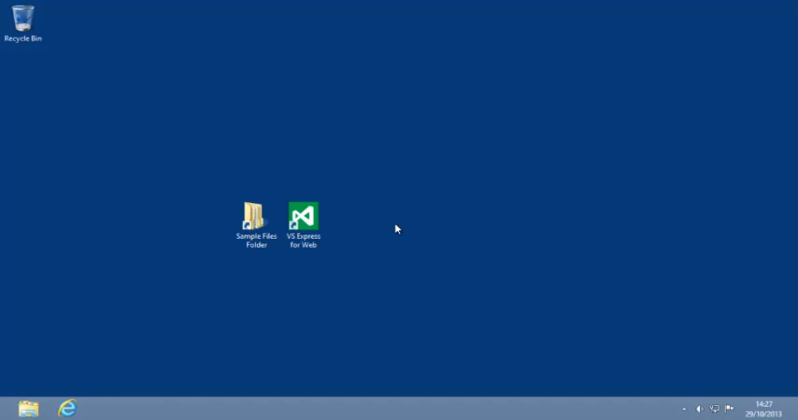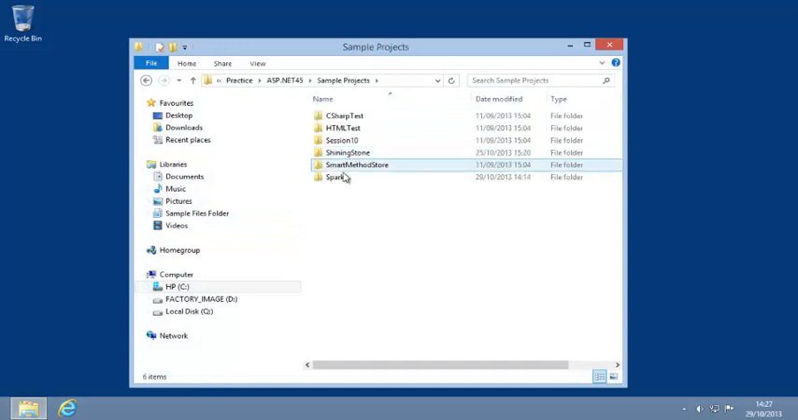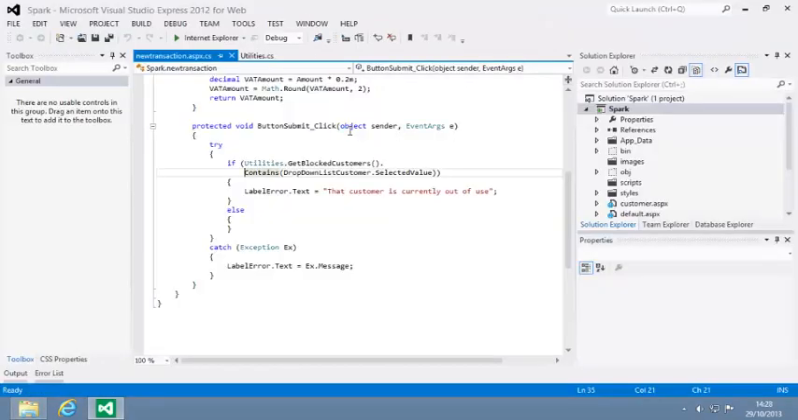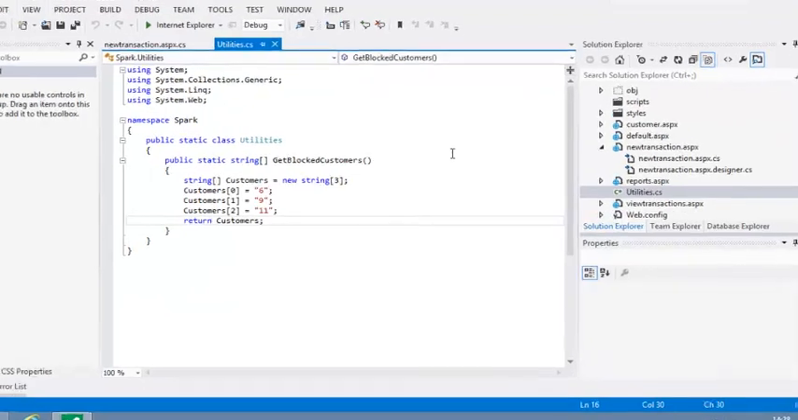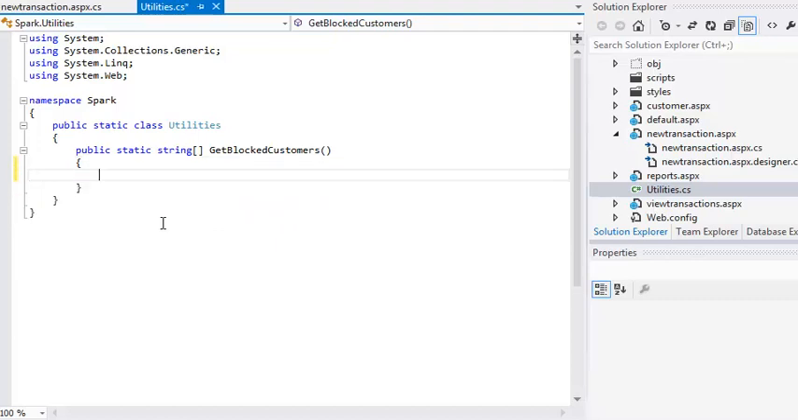To begin, open the Spark sample file from your Sample Files folder. And open utilities.cs. Now remove all code from the getBlockedCustomers method and add the following code: